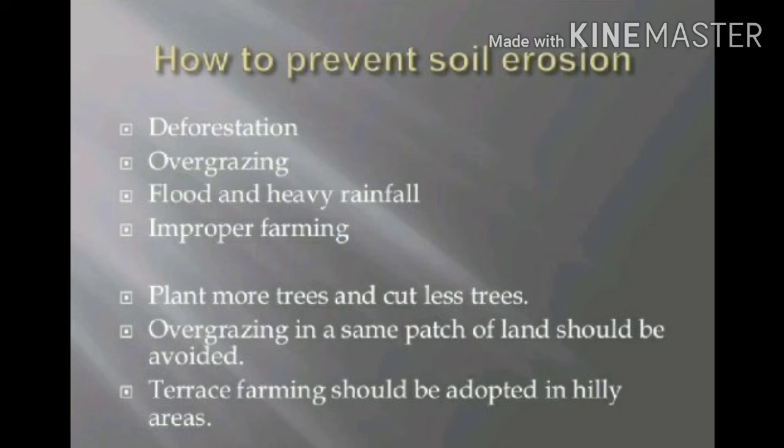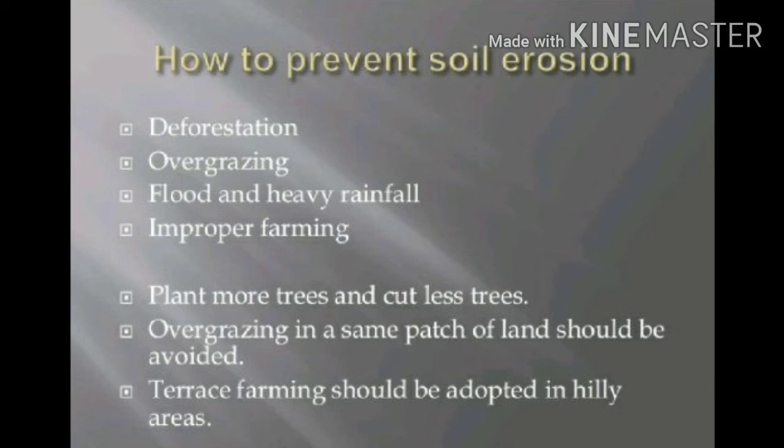Overgrazing on the same patch of land should be avoided. If the shepherd is going again and again on the same land, it should be avoided. Go to another region, so that there is enough time for new grass to grow over the land.